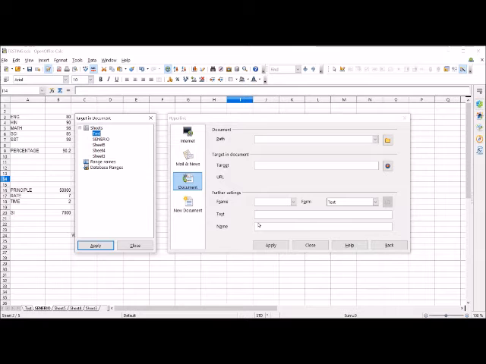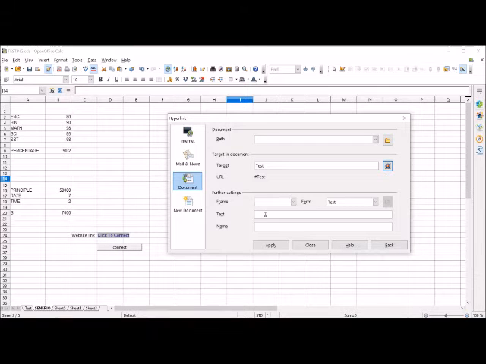I'll click on test, apply, close. Here I will write link to home, the main worksheet from which we came to the other worksheets. Apply, close. Now link to home.